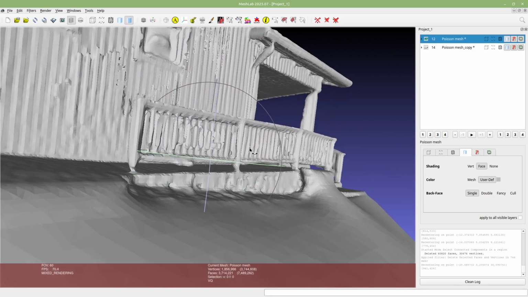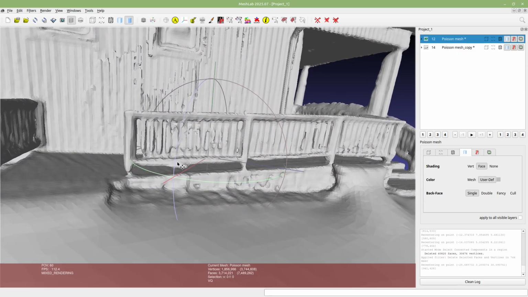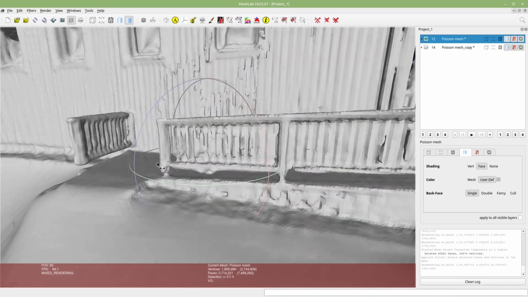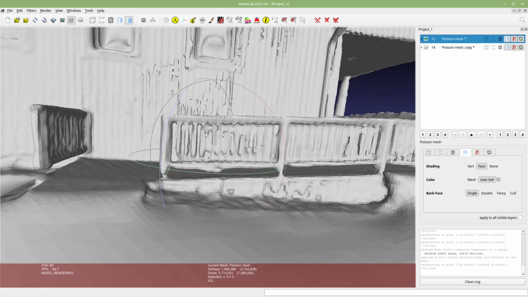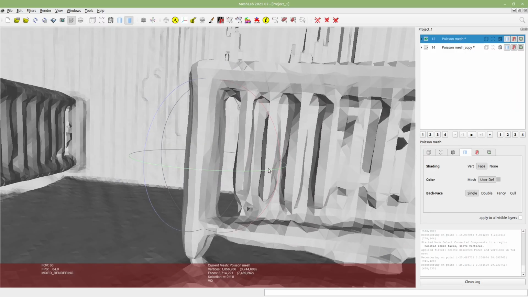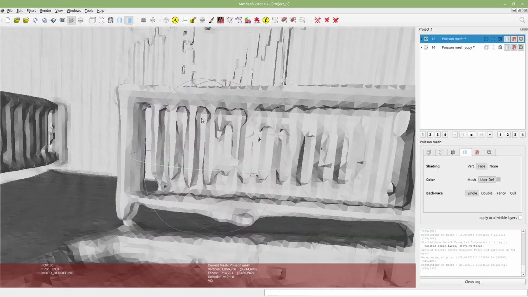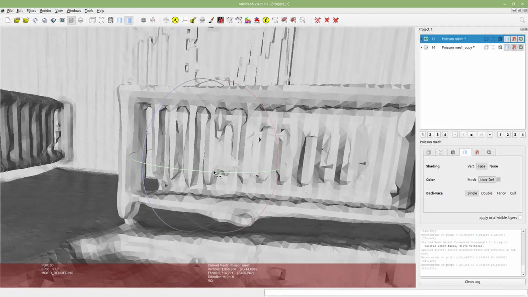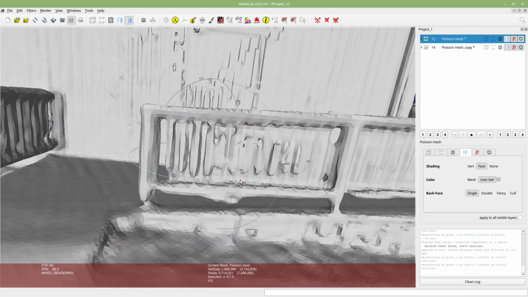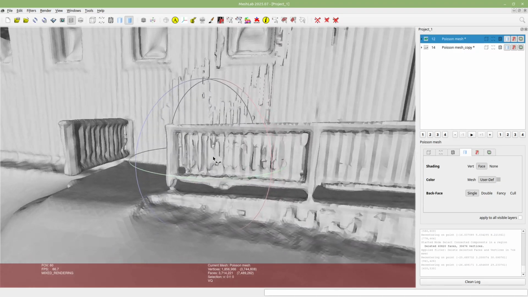These rails or fences are actually quite problematic because they were quite thin bars from up to down here, and they were like 10 centimeters apart.